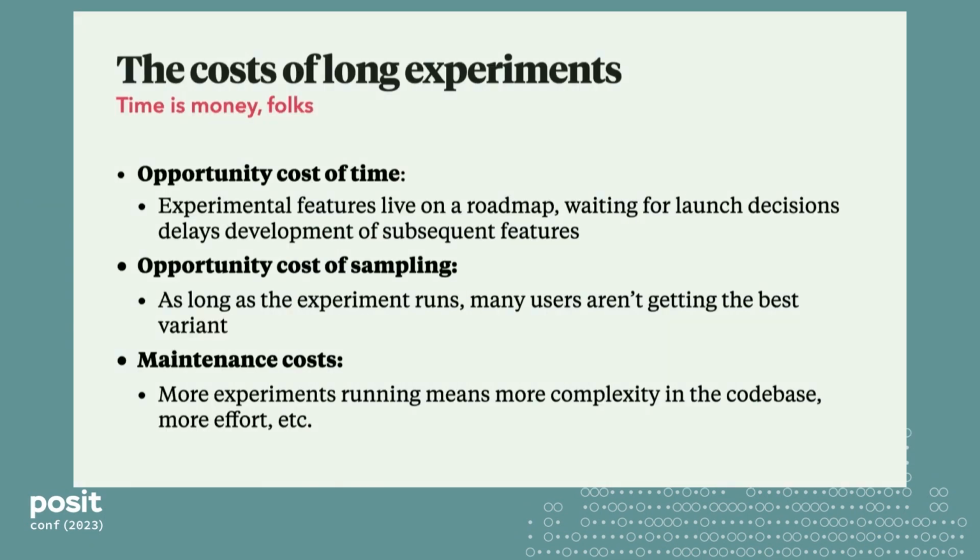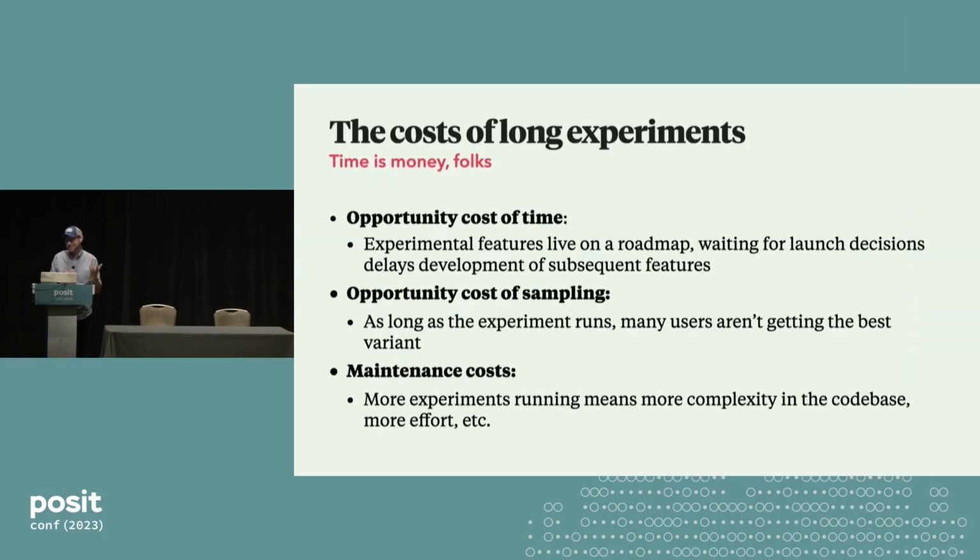This gets back to the nature of road mapping and the path dependence amongst features. If we're waiting a long time for a test of feature 1, that is going to hold up feature 2, which depends on the launch or the non-launch of feature 1, right? So whole roadmaps get held up. There's the opportunity cost of sampling and randomization in tests, right? By construction of an A/B test, a bunch of users are not getting the best version of your site. If you've ever worked with bandits, you've seen them trying to approach this problem. And then lastly, there's just the day-to-day maintenance cost of tests. Having a bunch of tests running on the site at once is engineering effort and code complexity and data storage and whatever. Usually that's small, but it's there.